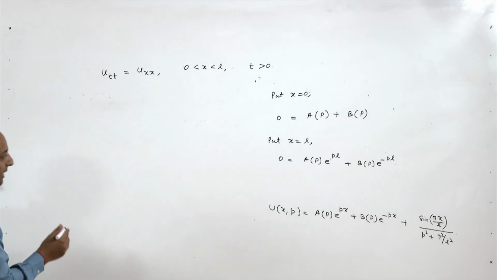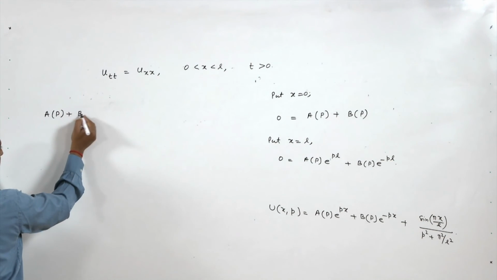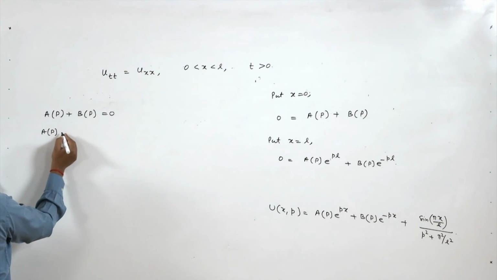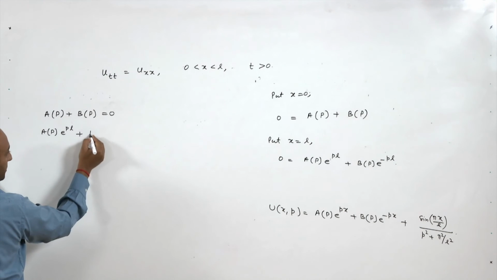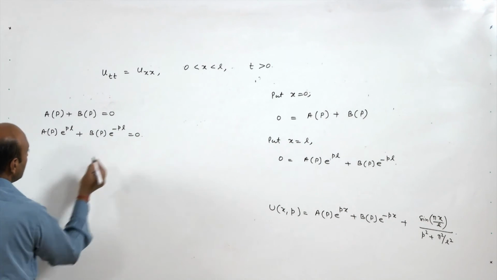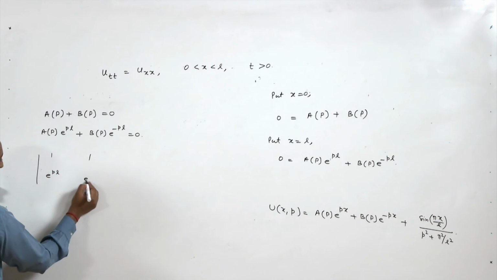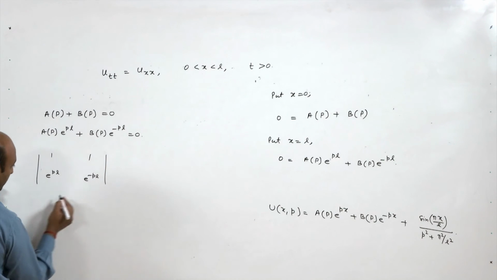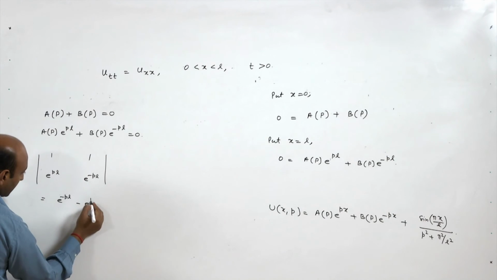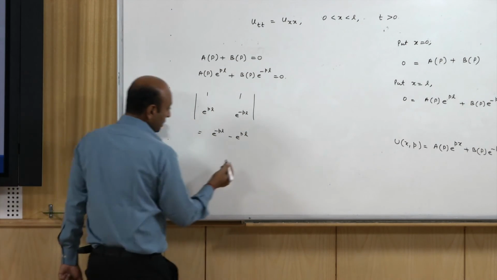If you take the determinant of the coefficients 1, e^(pL) and 1, e^(-pL), it is equal to e^(-pL) minus e^(pL),